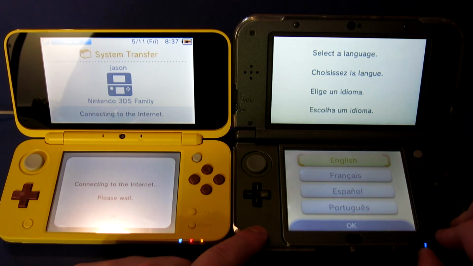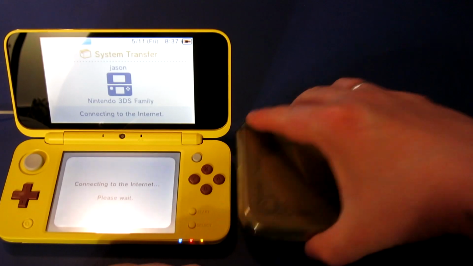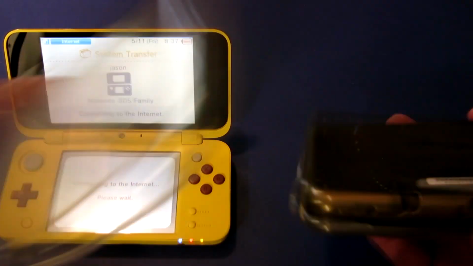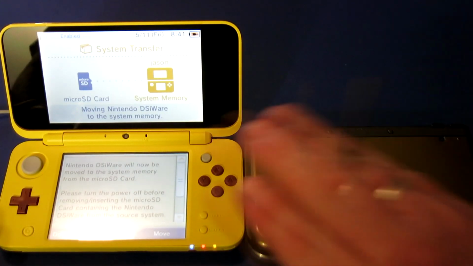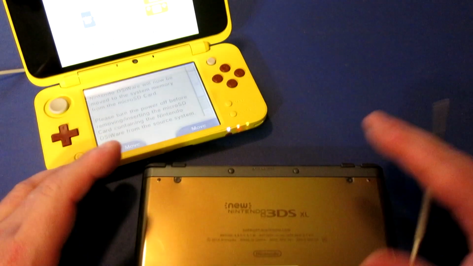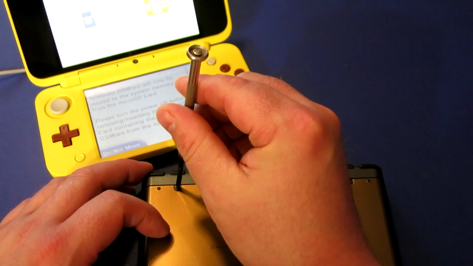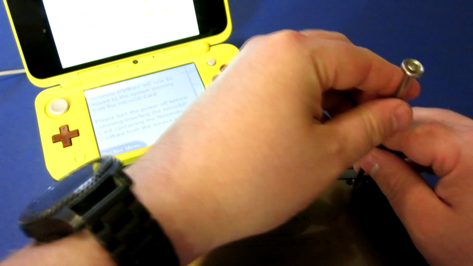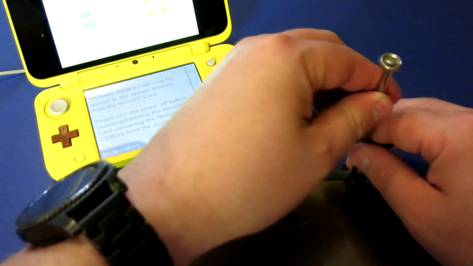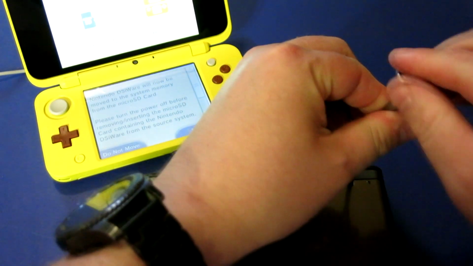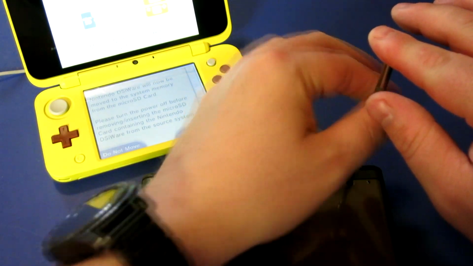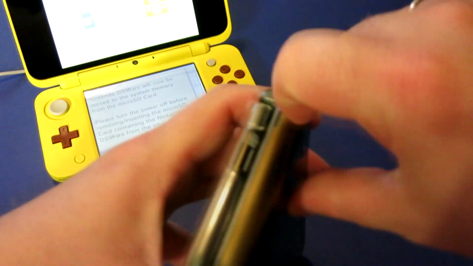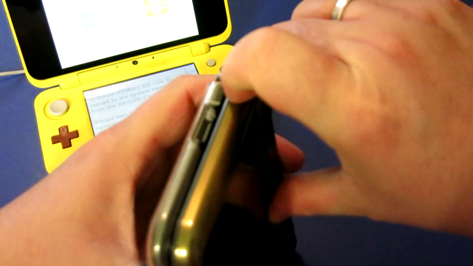And much like with the changing of the battery, I'm just gonna use a little micro screwdriver to remove these screws, or to loosen them rather. They have a little click when they should be loose enough, and then I'm just going to use this little corner right here to pry,